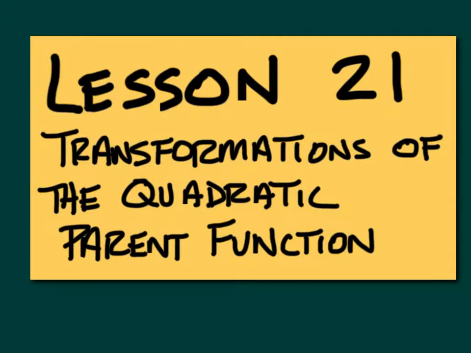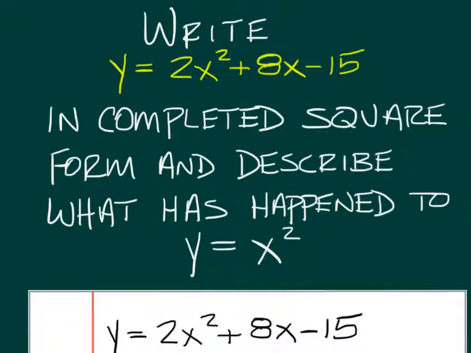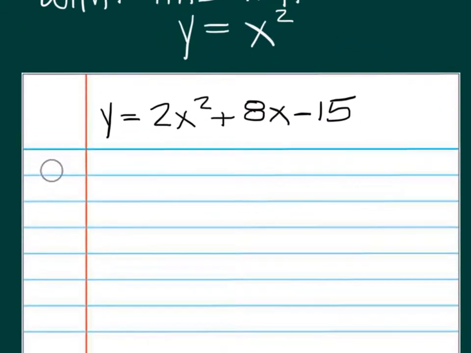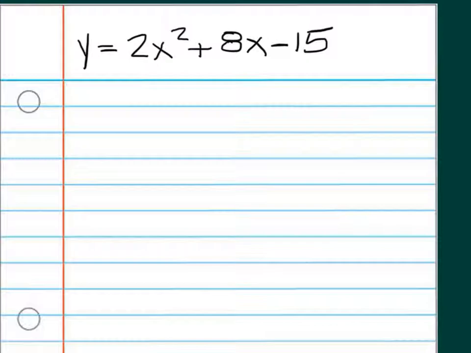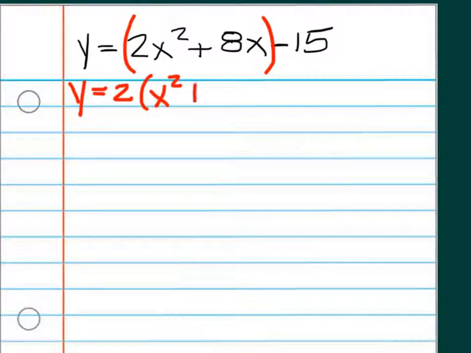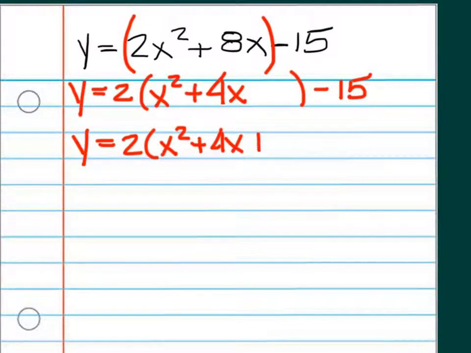Lesson 21, transformations of the quadratic parent function. Write y equals 2x squared plus 8x minus 15 in completed square form and describe what has happened to y equals x squared. So here it is on notebook paper. We have to complete the square. So we have to get these two grouped together, and we're going to factor out 2 and be left with x squared plus 4x and leave a space. Find half of the middle term. Half of 4 is 2. And then you square 2 to get 4. So we end up with an addition of 4 in this spot,